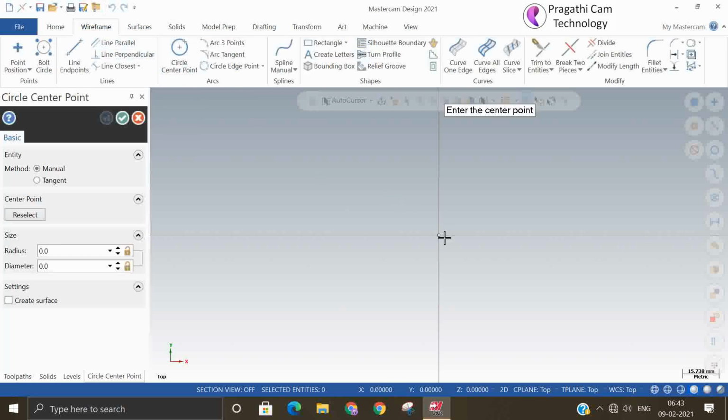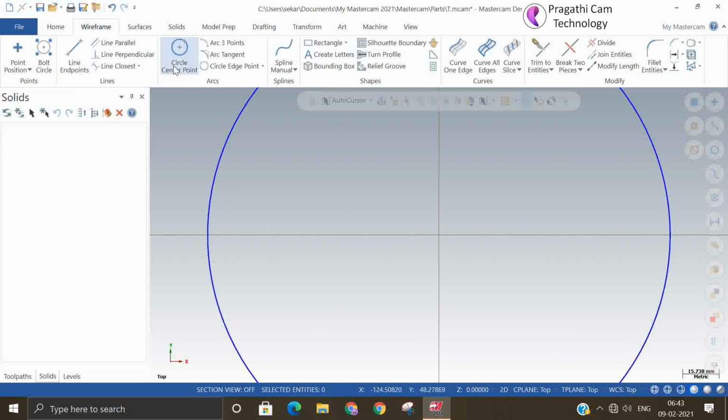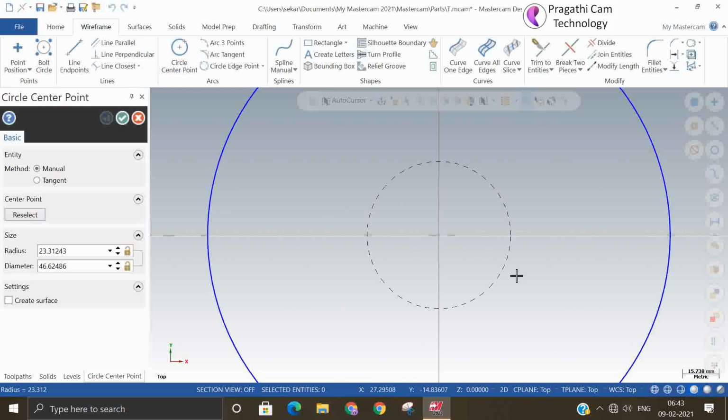For this also you need some base model. Okay. So I will make one solid here.